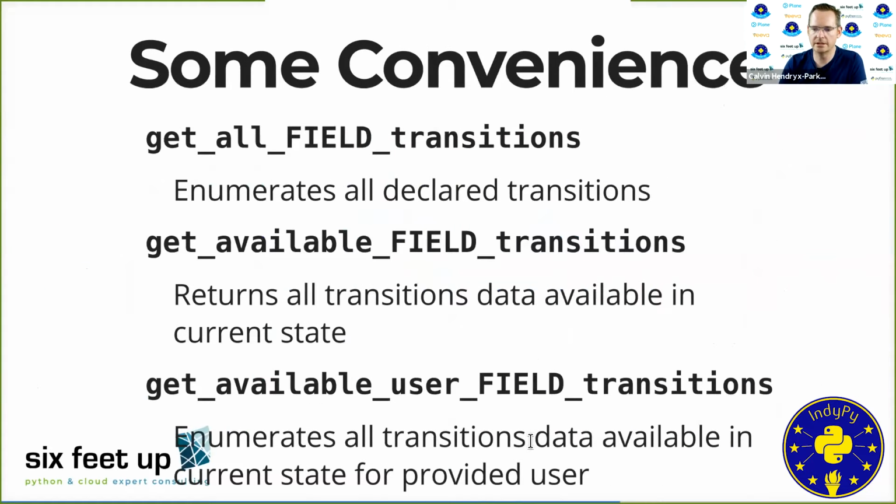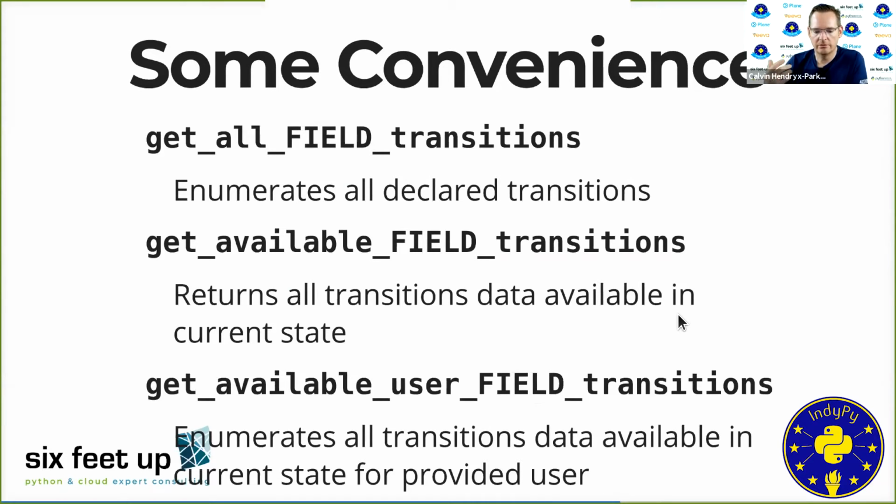And then the next one is similar, except in the context of the current user. It is going to use the permission argument of the transition to determine, via whatever true or false return value from that permission, whether I can actually see those transitions or not. So now if you put all this in your view, you will always get the correct actions available to that user for that model, depending on what state it's in and what user you're currently viewing the items as. These are all coming from the contribute to class that FSM automatically added to your model for you.